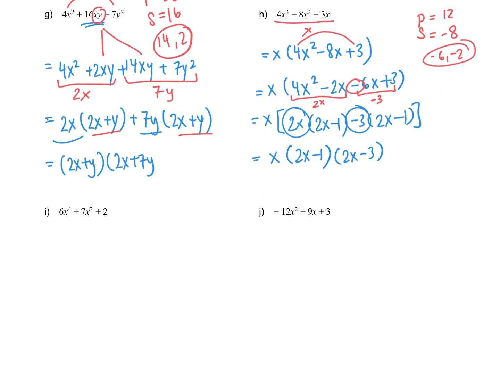Okay, the next one. This one is going to be the last funky one. So you will notice that our exponent is actually a little higher here, but there is no common factor. However, in other examples, we had x squared, x, constant, and this one it's x to the 4, x squared, constant. This is still okay, as long as you have a constant at the end and your middle term is half